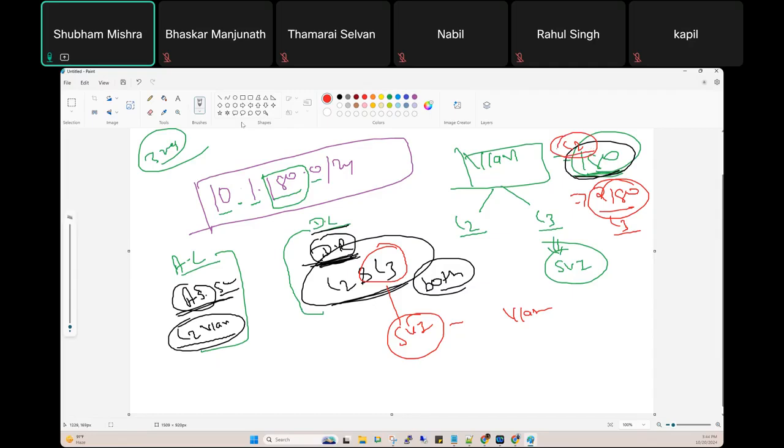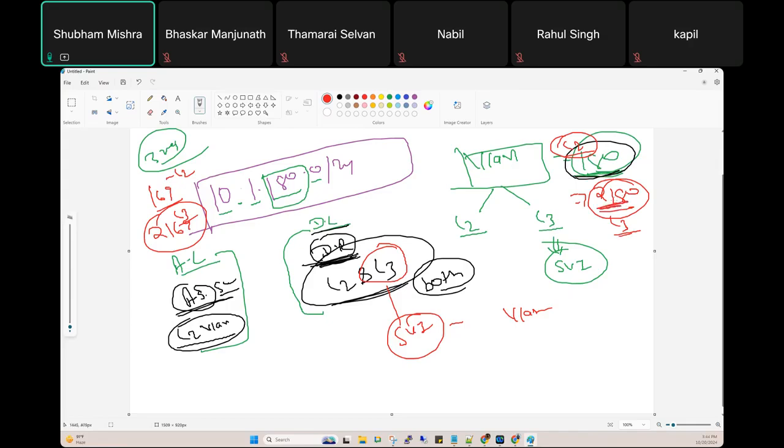For example, if another client's VLAN is 169, that is L2 or L3? That is L2. And 2169, that is L3. So please don't confuse. You can understand it like this: the 100 range of VLAN is called L2 and the 1000 range of VLAN is called L3.